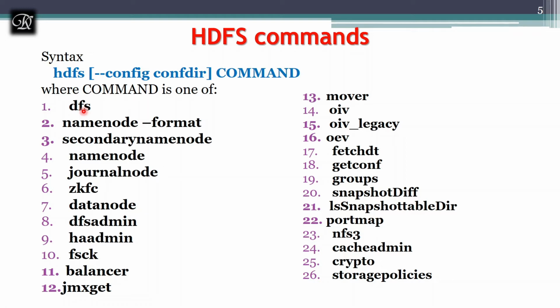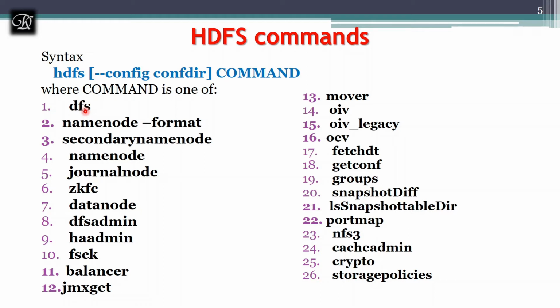And the second one is namenode -format. I have even shown how to format the name node. Initially, when you are configuring a single node or a pseudo distributed configuration, which I explained in the previous video, where I gave the link on how to configure, you can refer to my website where I have given clear steps. You can spend some 20 to 30 minutes on it and configure Hadoop on your machine. There I used this command, namenode -format. If you are going to format the name node, then you need this command. The next one is the secondary name node.